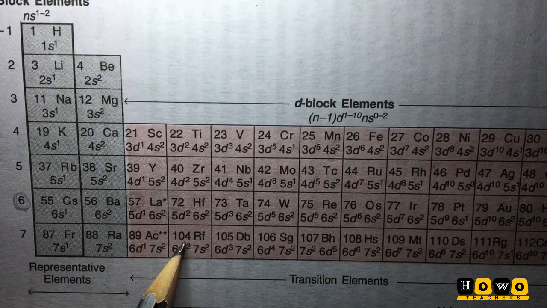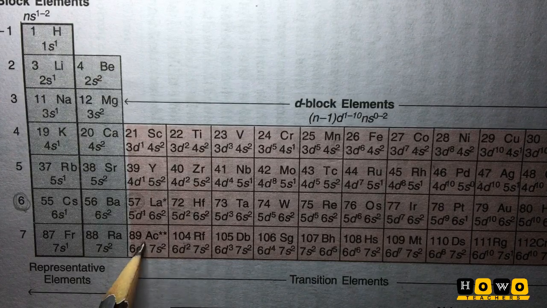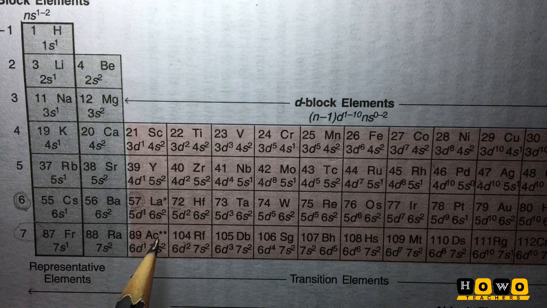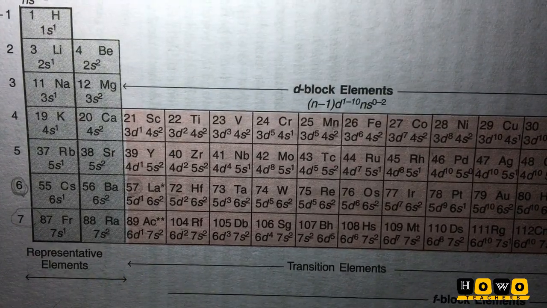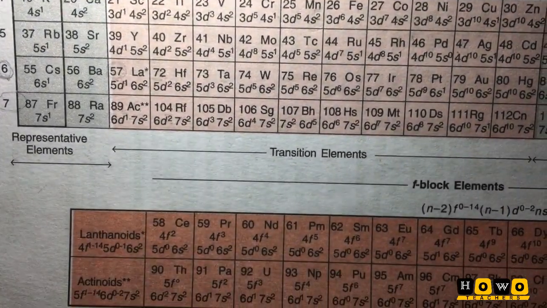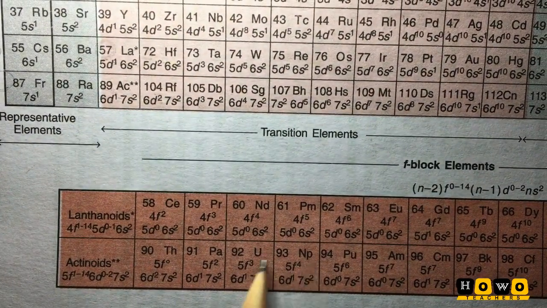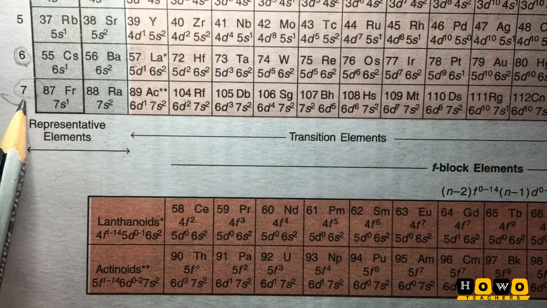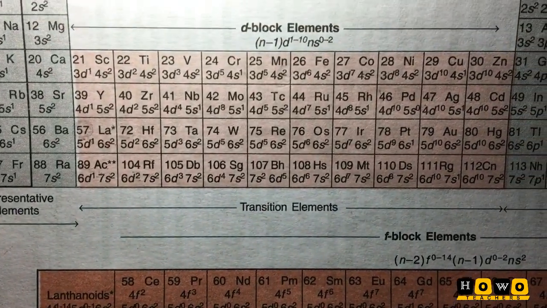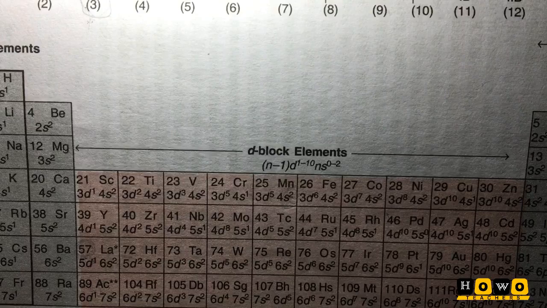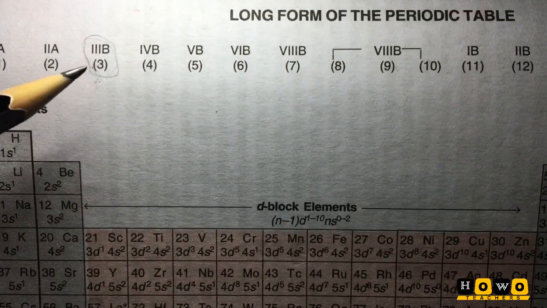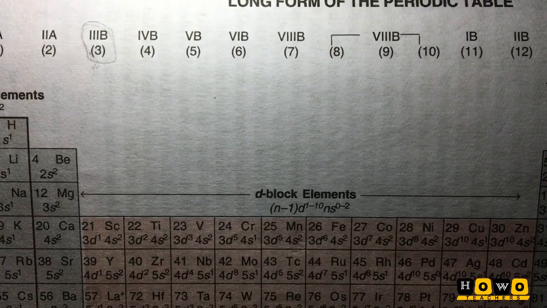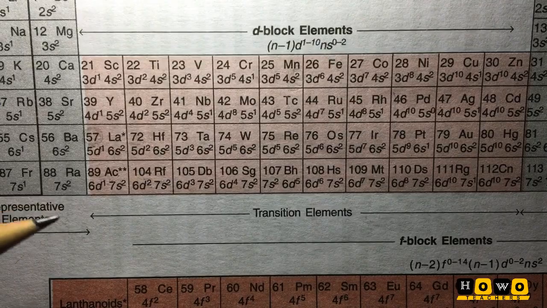Alright, and similarly in case of the actinoids, that is coming here, this series 89, and after that you can see here 104 in the periodic table. So in actinoids also, if they are asking the period, that belongs to the 7th period. All the series of the actinoids, that is these 5f orbitals, all this series belongs here, and the period number you can see here is the 7th period. Also the group, if they are asking, then again you have to see this, that these actinoids belong to the third group. So this is how you have to write down the period number and the group number of lanthanoids and actinoids.